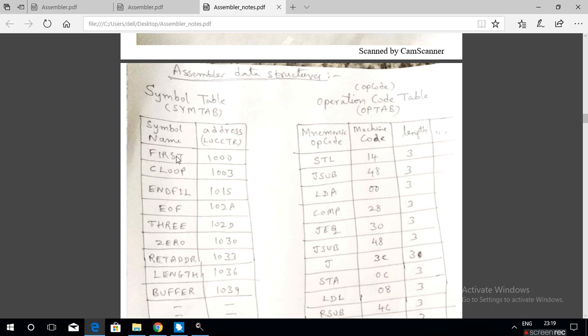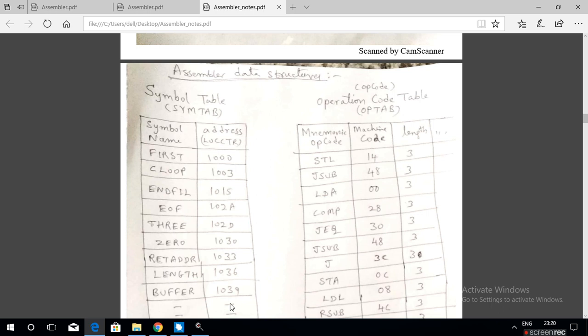Along with the address value, the symbol table contains the symbol name and the corresponding location counter value. The location counter is similar to the program counter. It keeps track of the address of the current instruction.